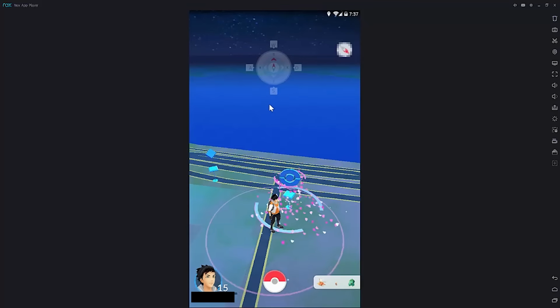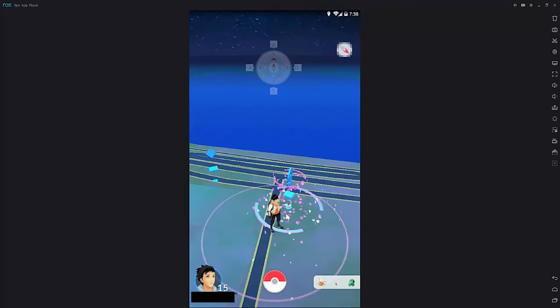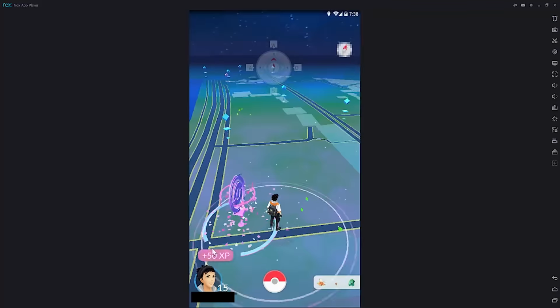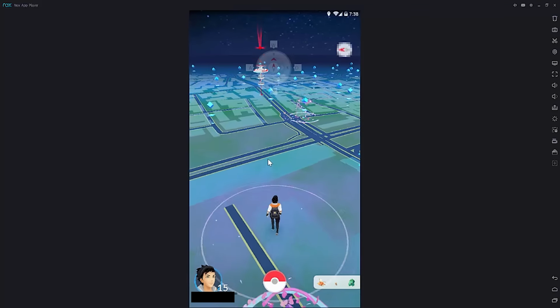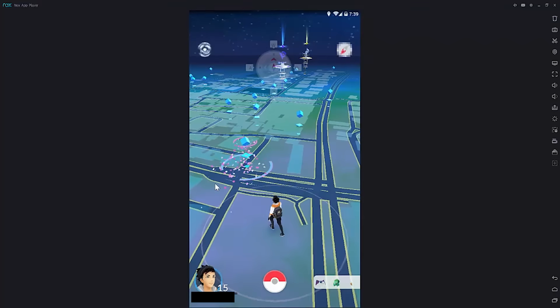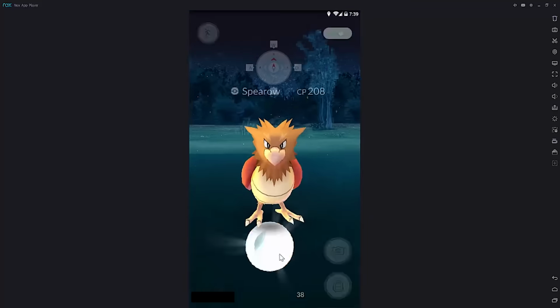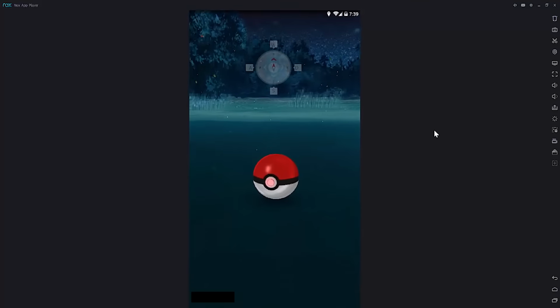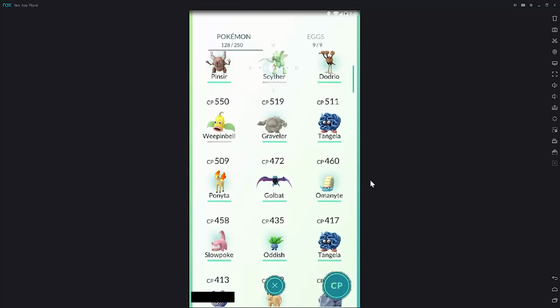If you don't have a smartphone or you live in a locality where GPS is not good enough, you can just use this method on your PC and enjoy the game Pokemon Go. I don't recommend using this method because the real fun of this game is with friends outdoors, going and catching them all. But if you really want to play this game and don't have access to internet outdoors, or live in a place where you cannot have proper access to GPS, this is the method that can actually help you out to catch these Pokemon and have fun with the game.